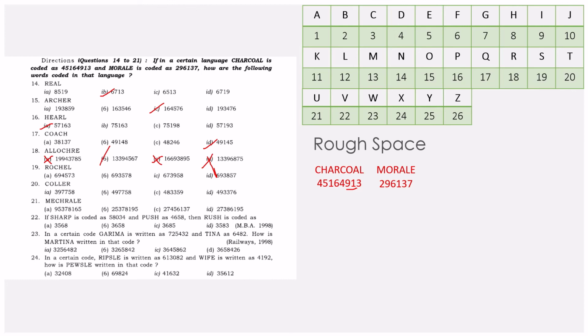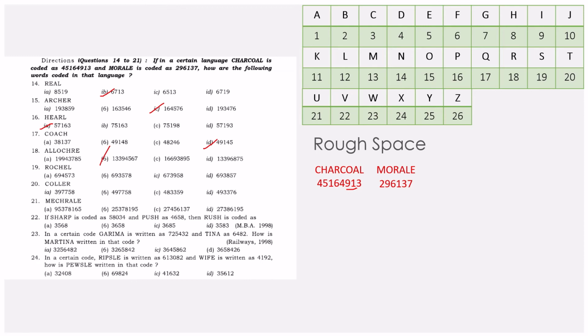And let's check in the middle, C. C is equal to 4, 5, 6, 7. H, R, E, C is 4th from the last. It's that simple, right? So you can follow this option elimination method in these types of questions and save your time as well as your energy.